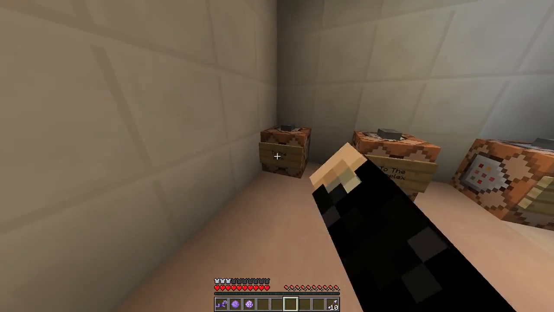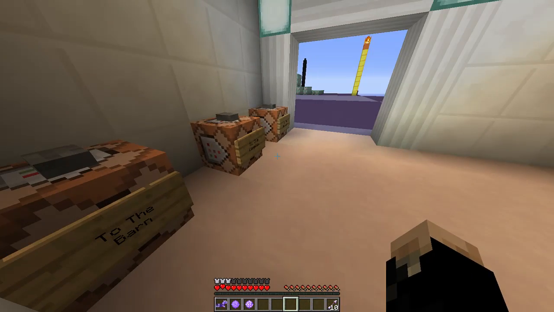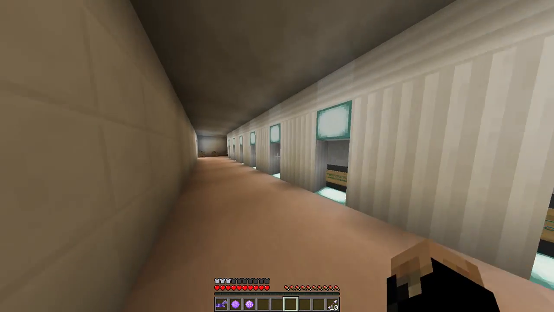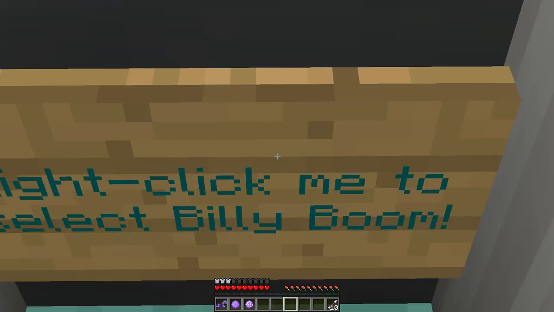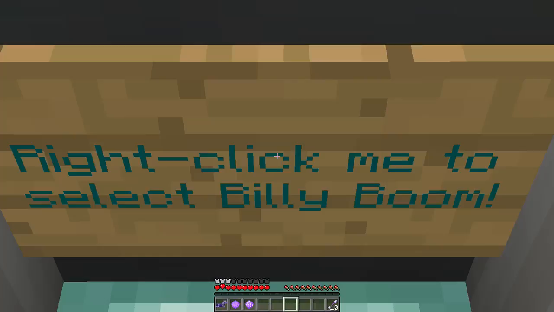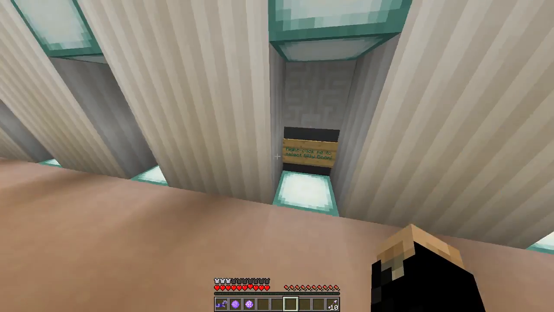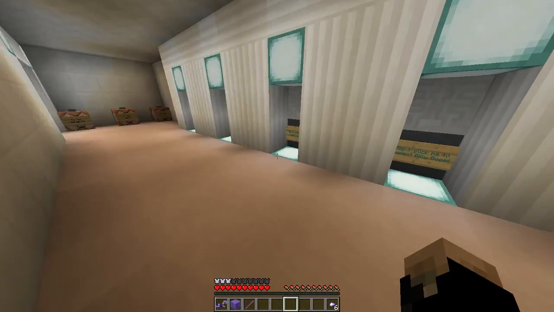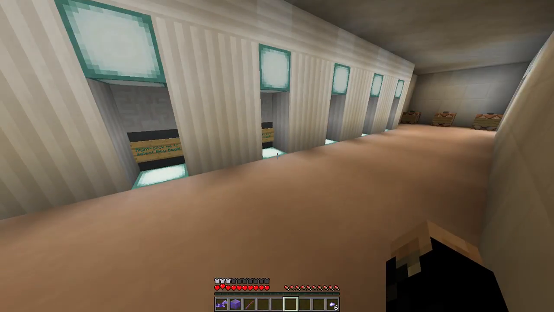And the barn replaced the jungle, which I don't think any of you ever saw because nobody ever played it. And a new class to replace Silver. A new class named Billy Boom has been added. Very funny name, I know. This class idea was contributed by my friend DoctorTnT. He's a genius,